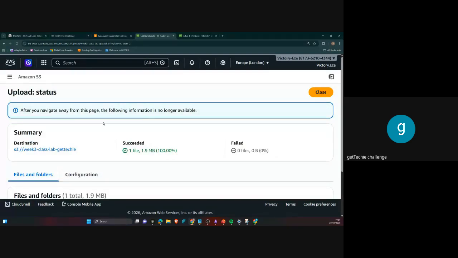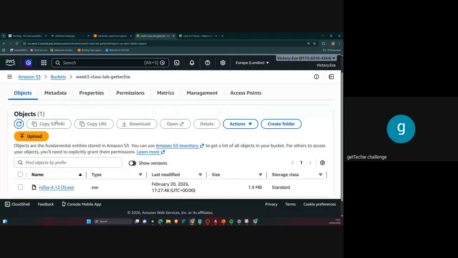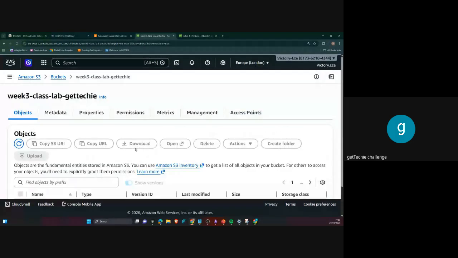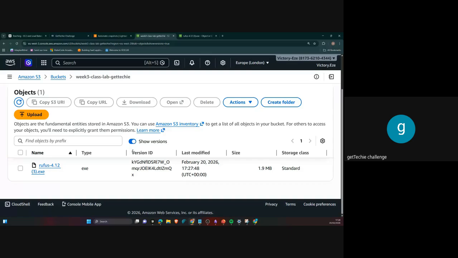Guess what again? We go back again. We close this place off. We go back again. Now we have our object in our bucket. But in this case, the object is versioned, right? So see, before this thing wasn't here. This show version wasn't here. See, if I click on show version, are you getting that? I'm not seeing anything, right? Because by default it's turned off.